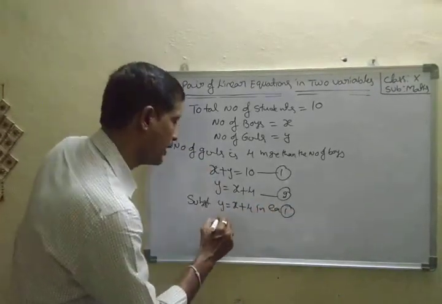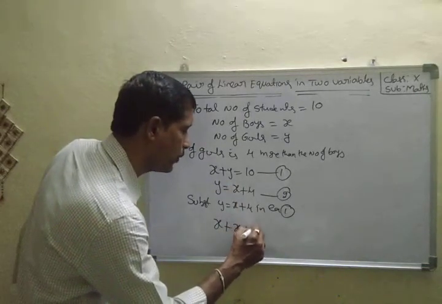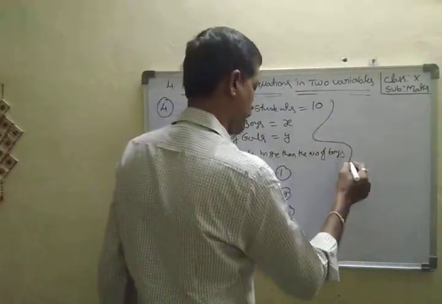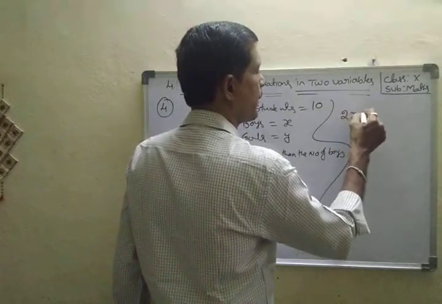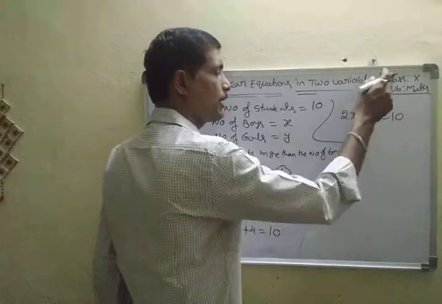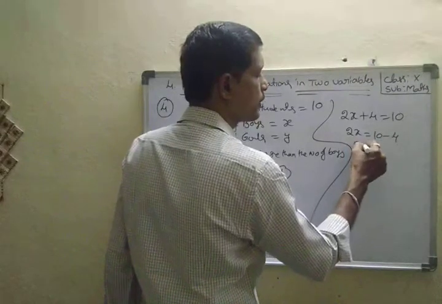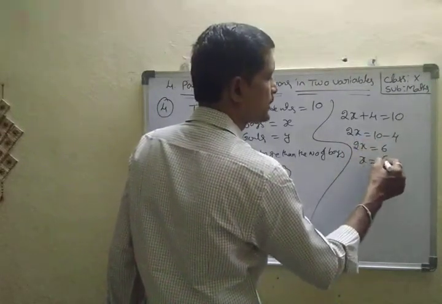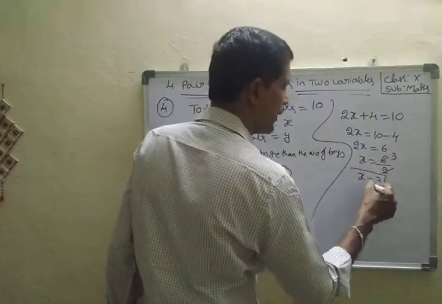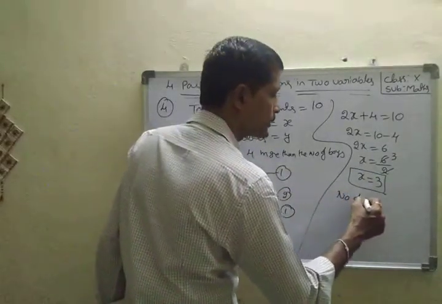Substitute here. Therefore, here x plus y value is x plus 4 equal to 10. Here x plus x equal to how much? That is 2x plus 4 equal to 10. Here 10 constant, here constant is changed to one side. 2x equal to 10 minus 4, 2x equal to 6, x equal to 6 by 2, 2 3s, x equal to 3. Here x means what? X equal to the number of boys. Number of boys equal to